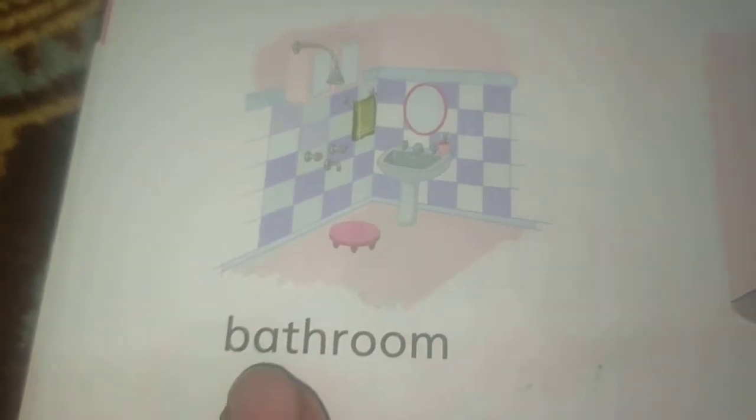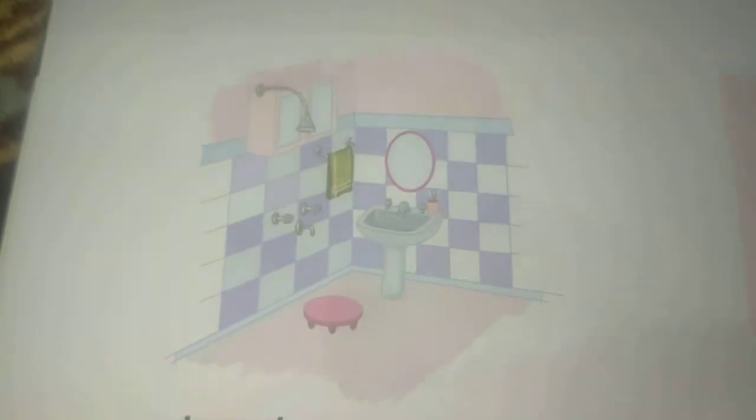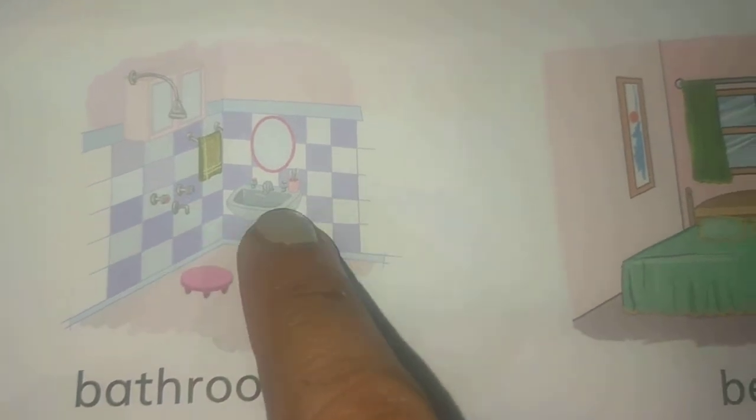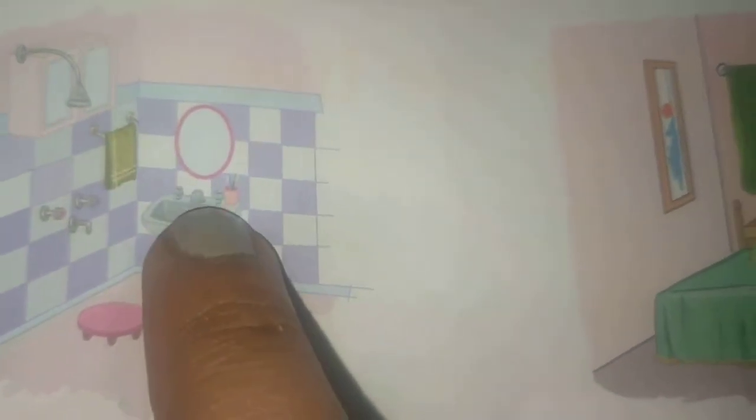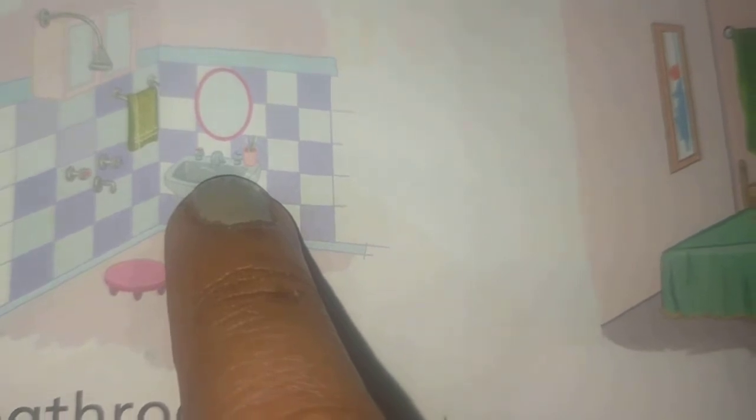R-O-O-M, room. Bathroom. Now look at the necessary things that the bathroom should have. The bathroom should have one sink, and the sink should have one tap. We read in English tap, T-A-P, tap.